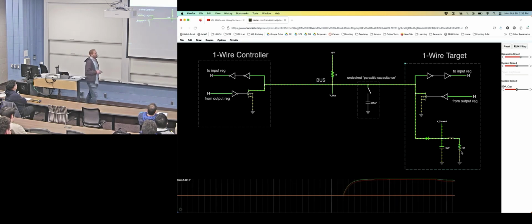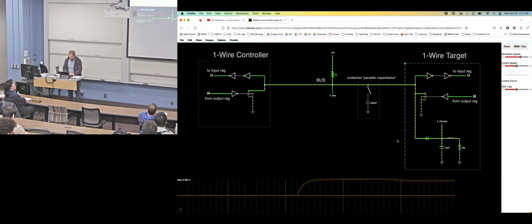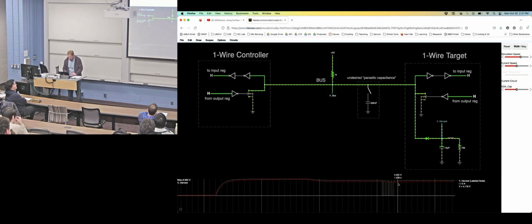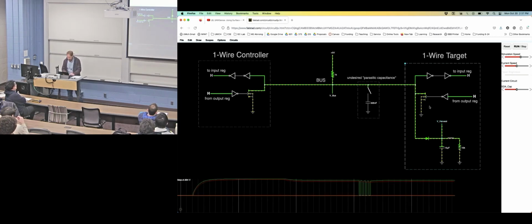10K is a reasonable load. It could be larger. It does drop that voltage down a little bit, but as long as it doesn't go too far down, it should be okay. And then I can send data over. You can see that the time constant of this capacitor is fairly large, which allows data to be transmitted on this line. It was a harvesting line, but the diode blocks it. So I can send data over here, but the power is still high enough to work in those small gaps. And then you can send data back if I let this low.